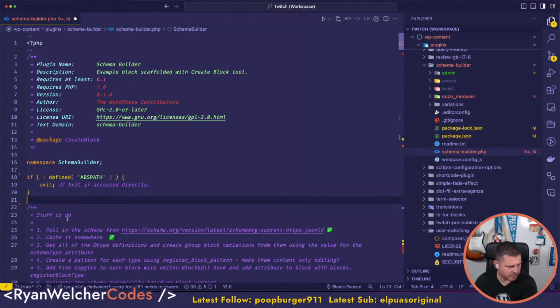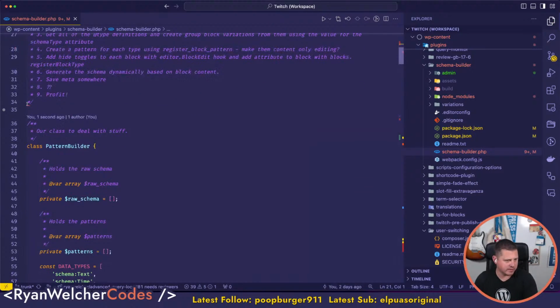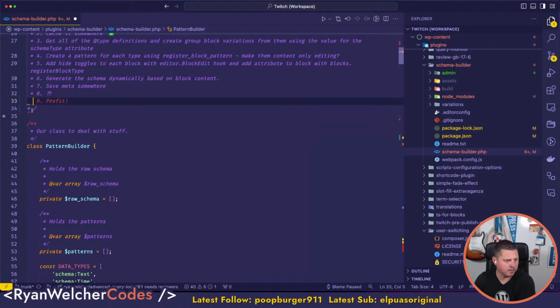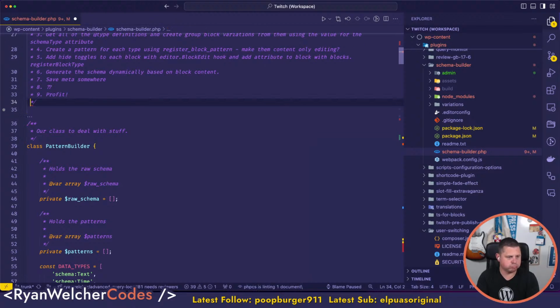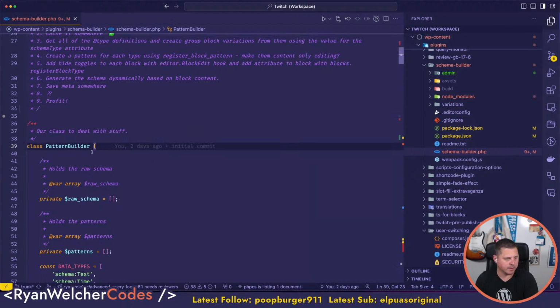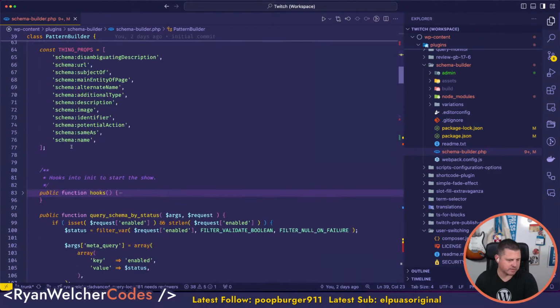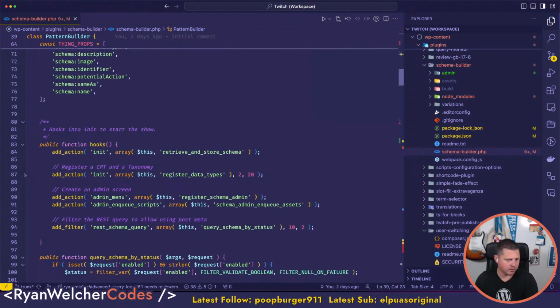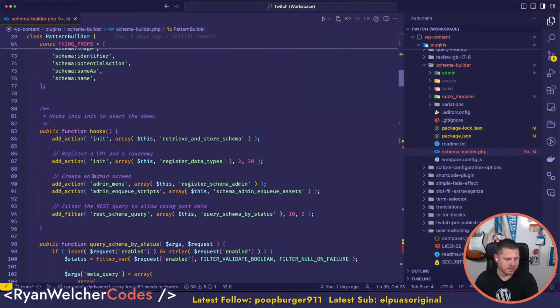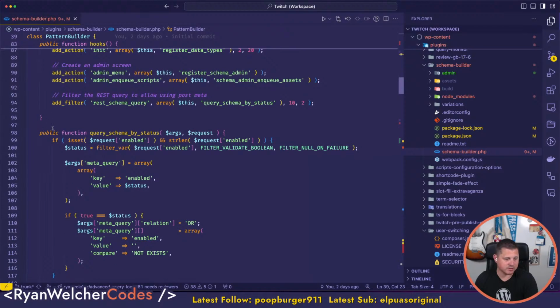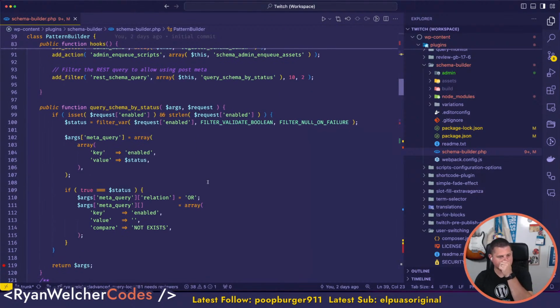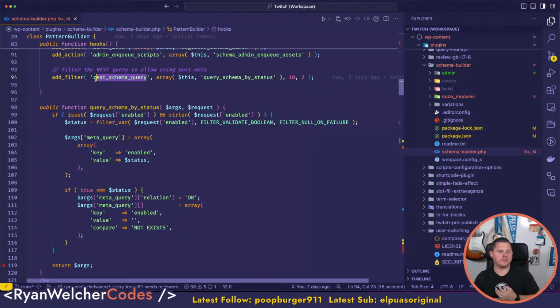I'm just going to clean this file up a little bit because we moved this into a class. Move all this stuff. Okay, so this is our class. We have some data types. Got all our hooks, rocking and rolling in here. So what I had to do was make a couple of changes. I had to filter the REST query for our schema post type because